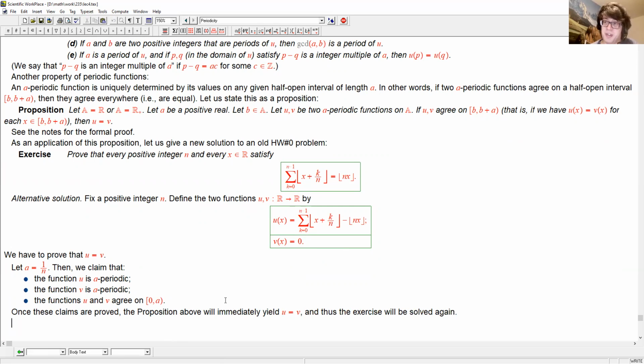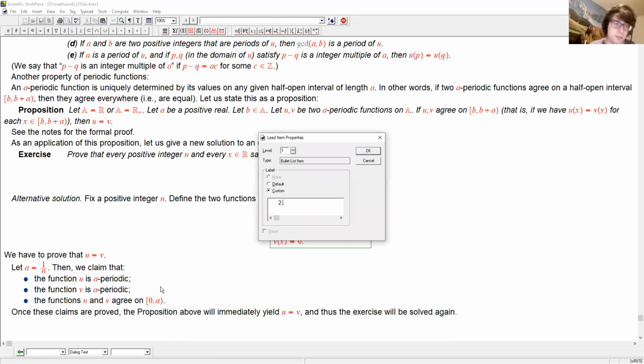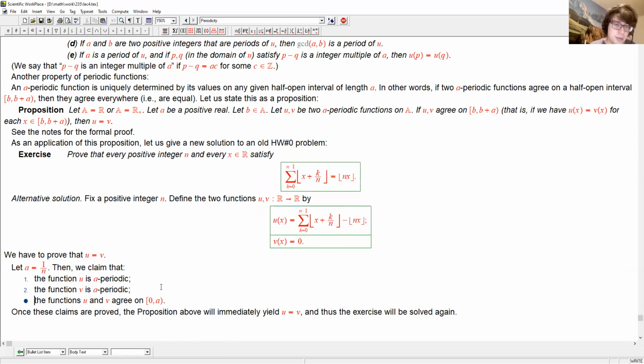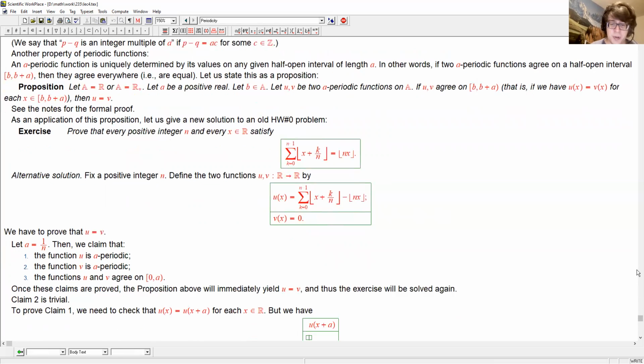How do we prove the claims? Well, let me number them. Claim 2 is trivial. The function v is everywhere 0. Of course, it's periodic, not just a-periodic. It's anything-periodic. To prove claim 1, we need to check that u of x is u of x plus a for each x in R. But how do we do this? u of x plus a